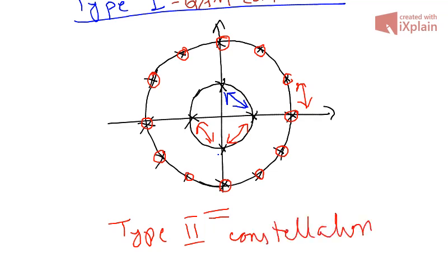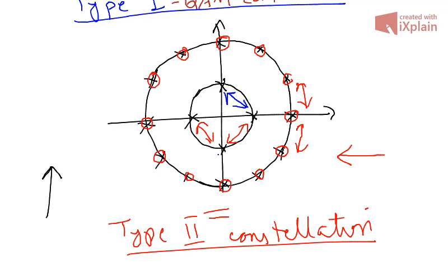So the average Euclidean distance, the distance between the adjacent points, for this constellation is greater than the Euclidean distance of the type 1 constellation. And the farther apart these signal points are,